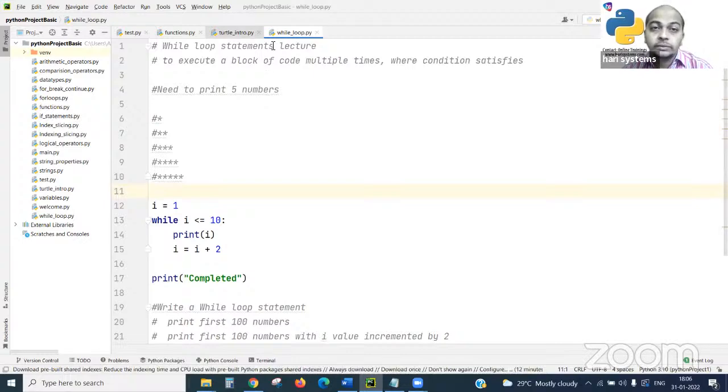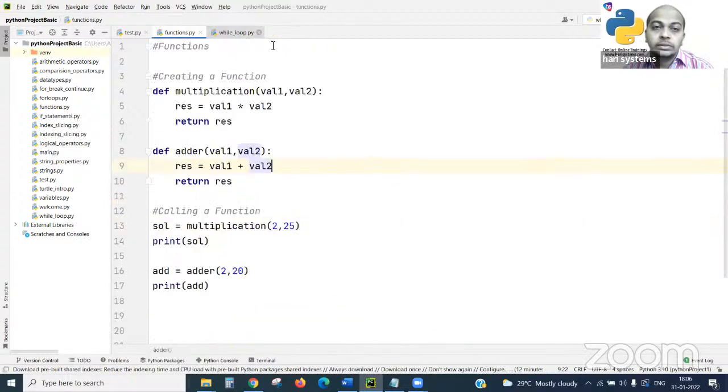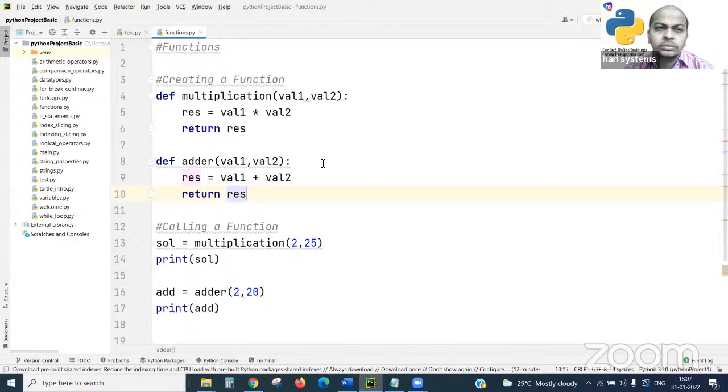Yes, we discussed yesterday creating a function using the def keyword.